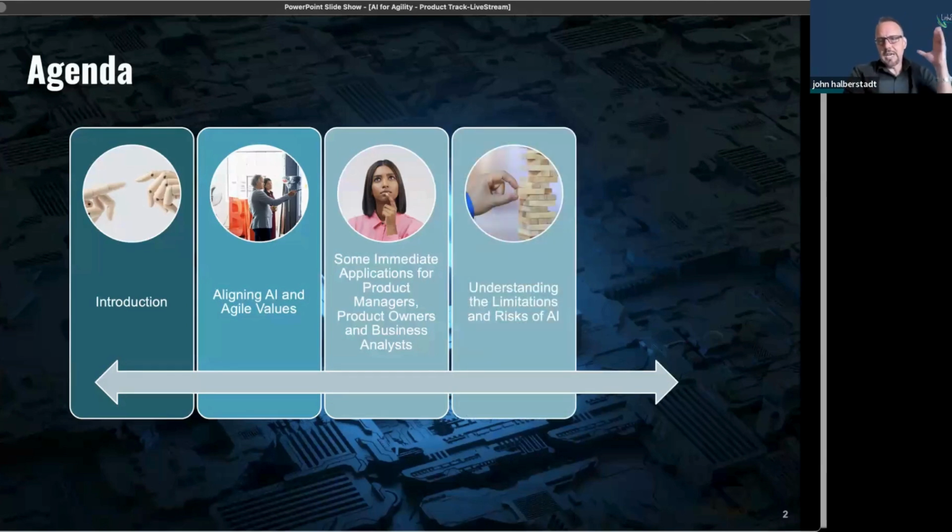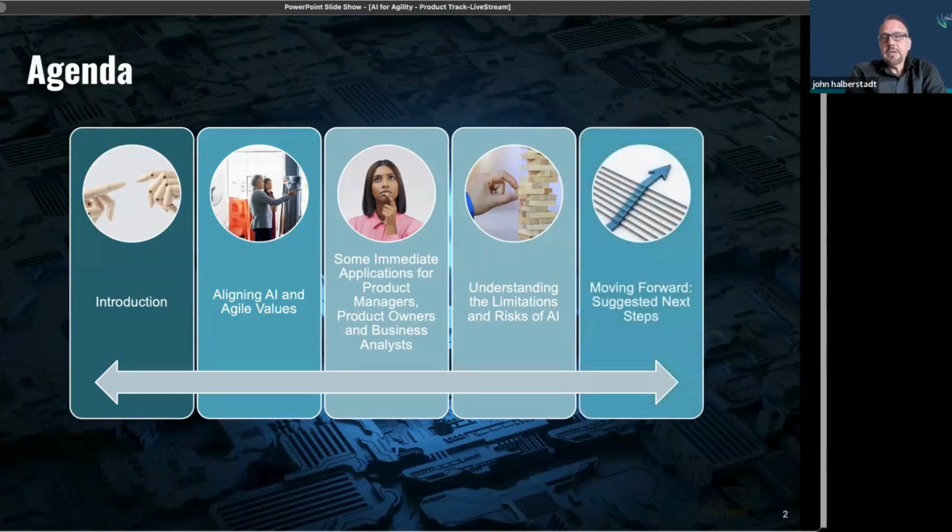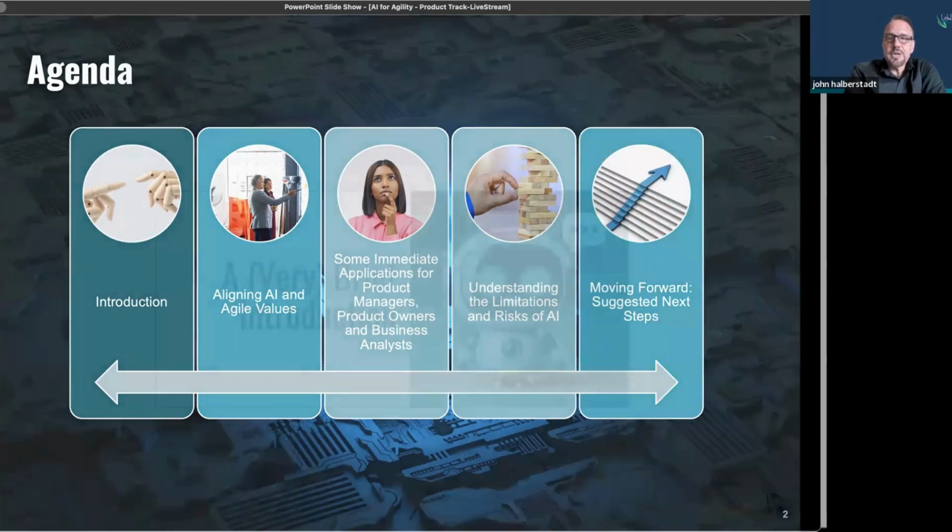Then with that, I usually say I try to get you all excited and hyped up about this, and then I kill the vibe, so to speak. Not really, but before we use generative AI, especially if you haven't used it greatly, it's a powerful tool, and like with any powerful tool, there are some risks and limitations, and I always want to make sure that I cover that. And then again, moving forward, suggested next step. So with that, let's go ahead and jump right in.